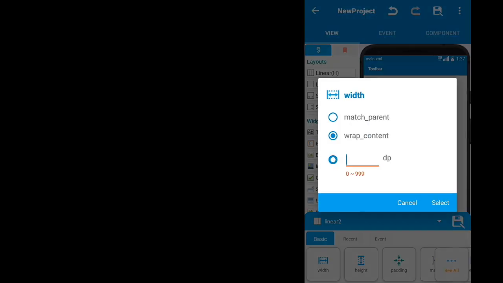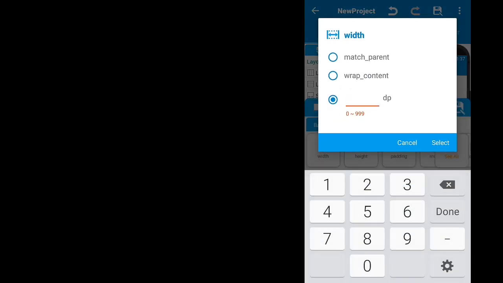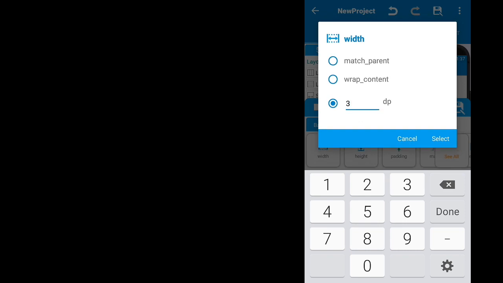Now put the width of your layout smaller than the previous one.